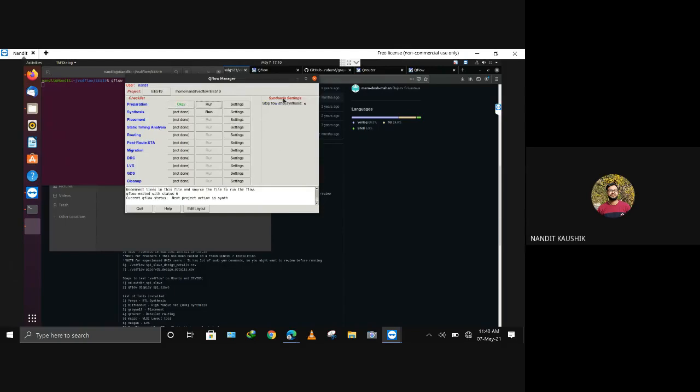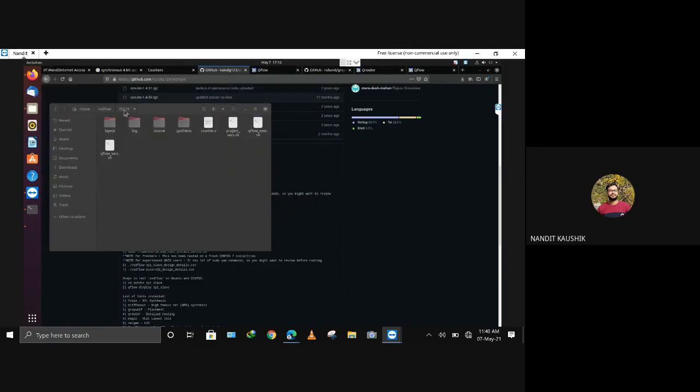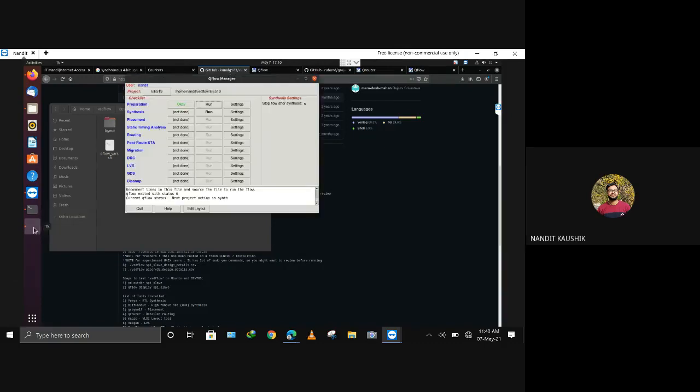Like I've clicked here. If you can see in the folder here, EE519, initially I had only counter.v. These folders and all these files have been created by the preparation step. The next step, as you can also see in the log file, is synthesis. For synthesis, you just have to click on run because the file has already been selected.